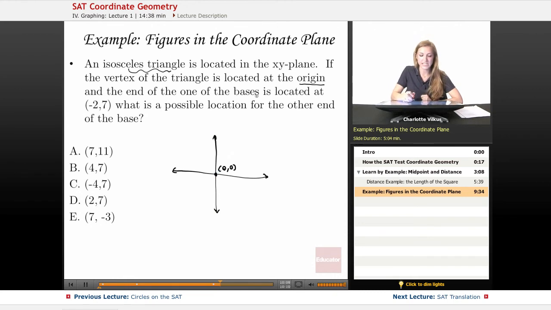So I have that the vertex of the triangle is located here, and the end of one of the bases is located at (-2, 7). I'm looking for then a possible location for the other end of the base. So here I'm going to need to know a little bit more about the shape than I had to know with the square. So an isosceles triangle is a triangle with two sides that are equal